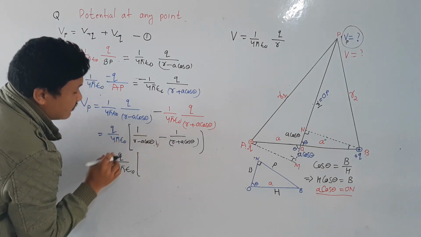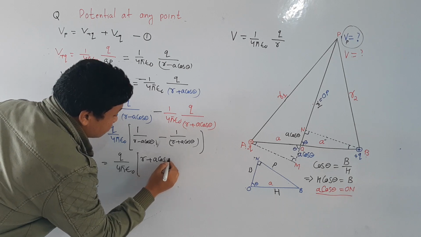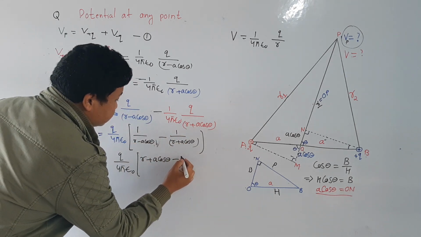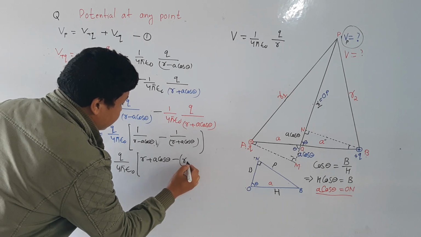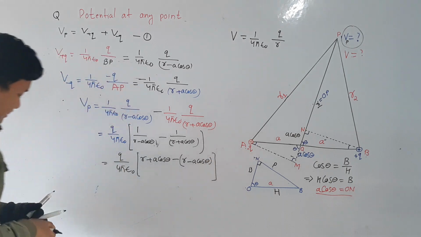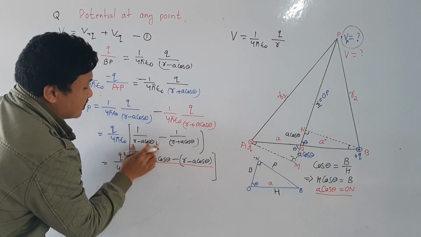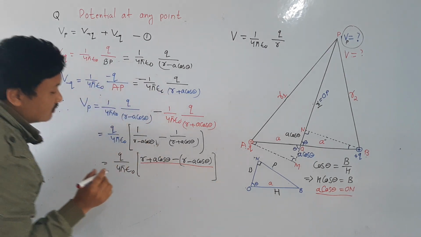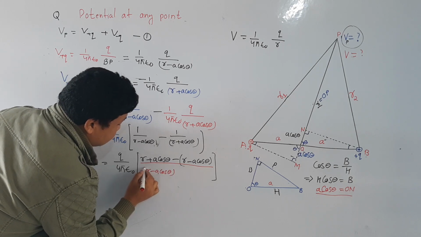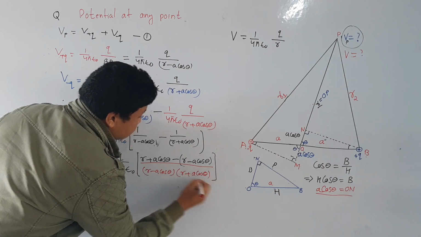This will come here and multiply with 1. I get r plus a cos of theta. There is minus and it will go there. So this will become r minus a cos of theta, whole bracket divided by, why I am putting a bracket here, because there are two terms. Okay, but you can always do it directly also. Then this will become r minus a cos of theta into r plus a cos of theta.